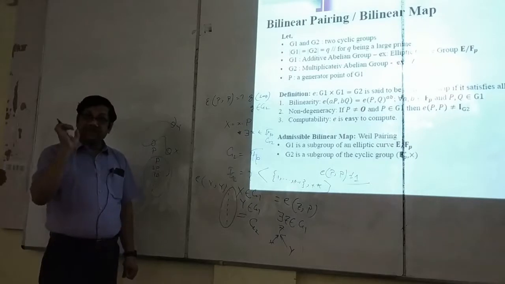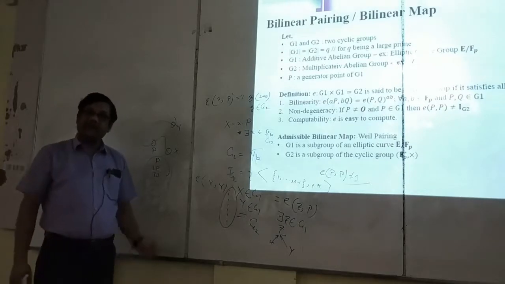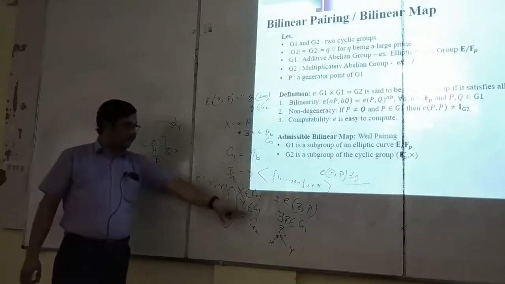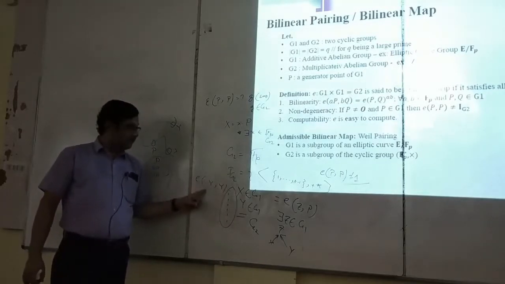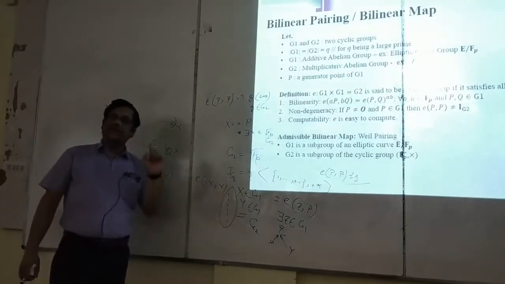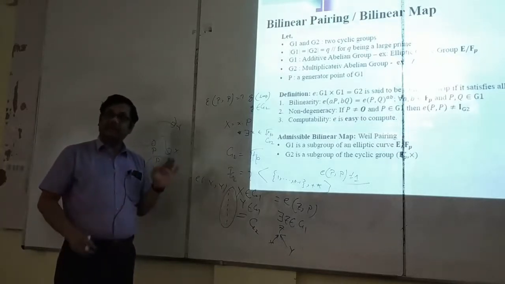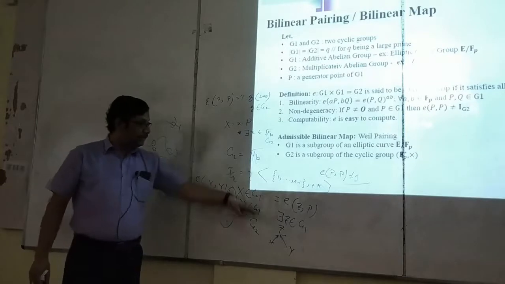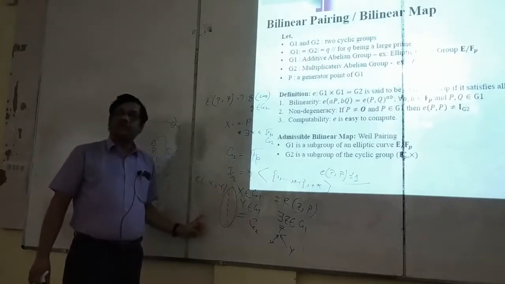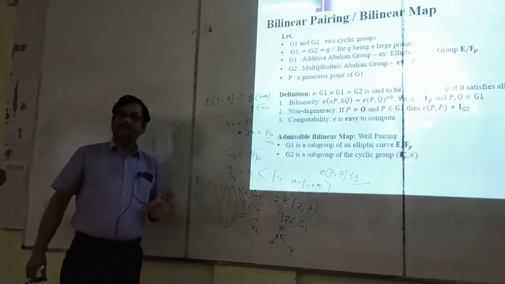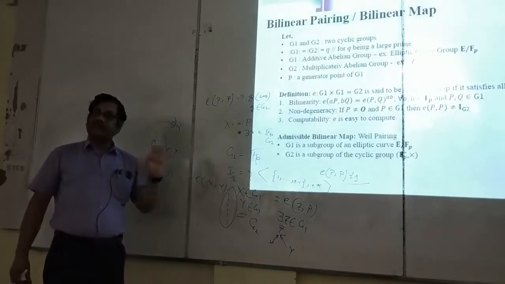Which is representative of x and y for some other unique point, not arbitrary. If x is fixed and y is fixed, then there is another fixed point in G1 which is the representative of both x and y, and this is equal to e(zP, P) for some z in G1. This we have proved. How?